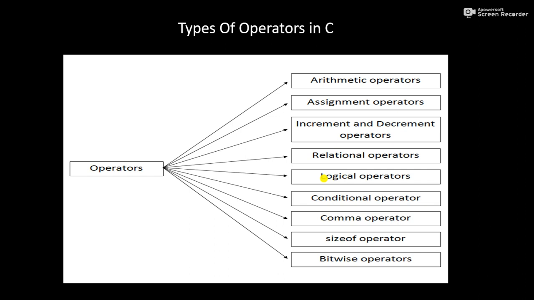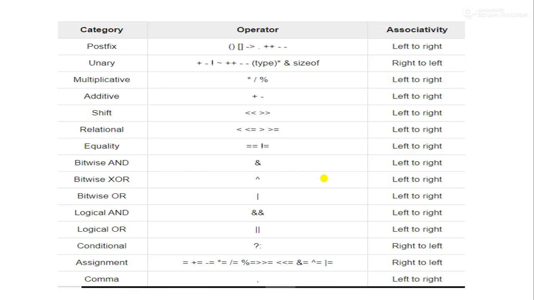So in this video, we are going to see operator precedence and its types. This is our operator precedence and associativity table, which arranges the types of operators in hierarchy from highest precedence to lowest precedence. This means the bracket operator, the dot operator, and the plus plus and minus minus operators have the highest precedence over other types of operators, which means if in an expression we have these operators,